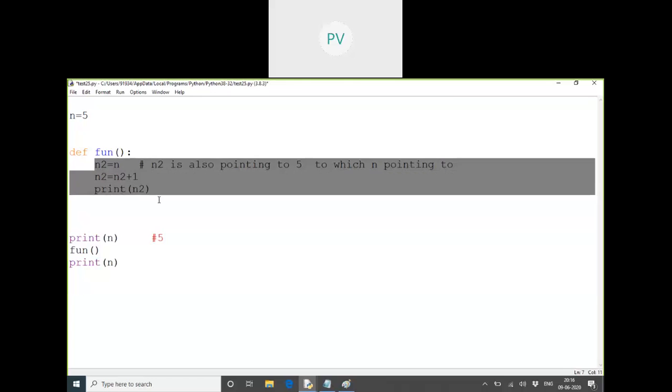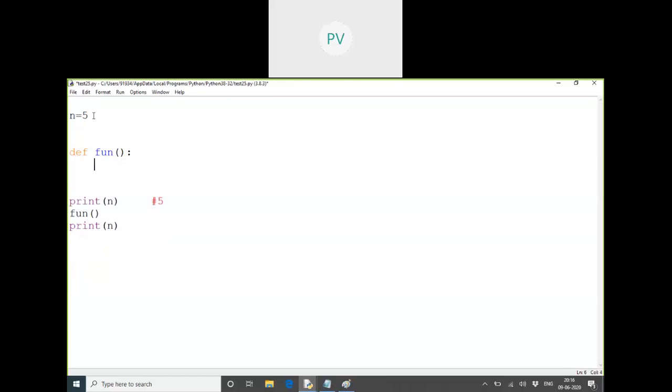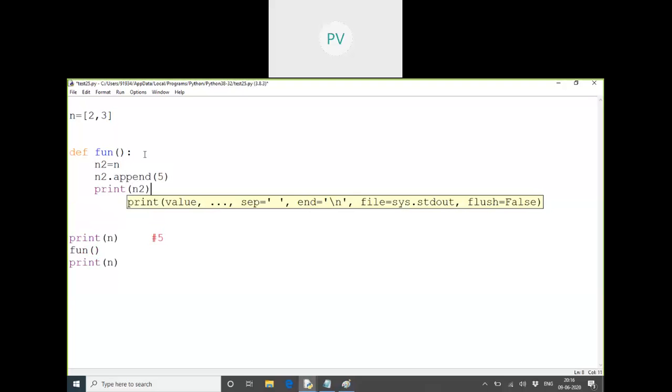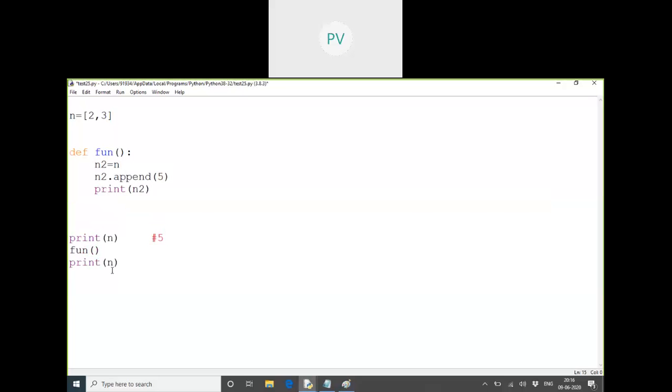In list it was not there, because in list what is there? Only appending operations we called. So if I said here n2 is equal to n and n2 dot append of, this is only for list, not for the normal data. Then n2, or if I print outside also n2.